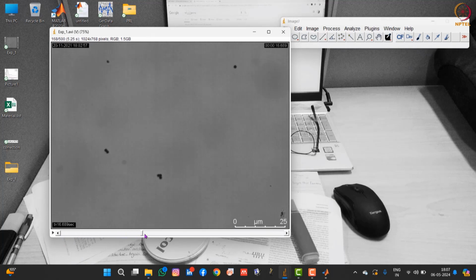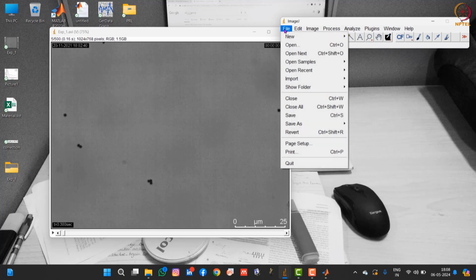You can see this video is in the form of individual frames. As you can see here, this video has 500 frames in total. 500 is a very large amount for demonstration purposes, so I have already done the image sequencing. Image sequencing basically defines the formation of a number of images from the video with respect to time.